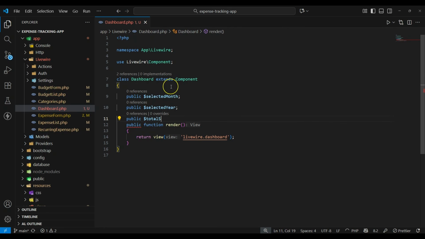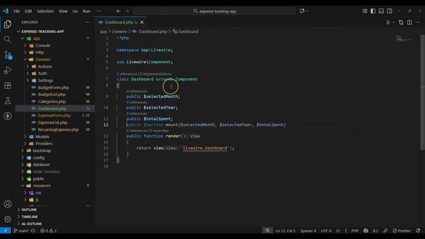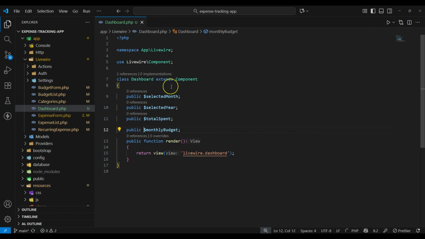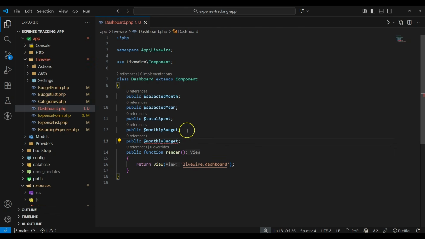So total spent, let's say. We have the monthly budget, which should be a public variable, let's say monthlyBudget. Okay, we have the percentage used,